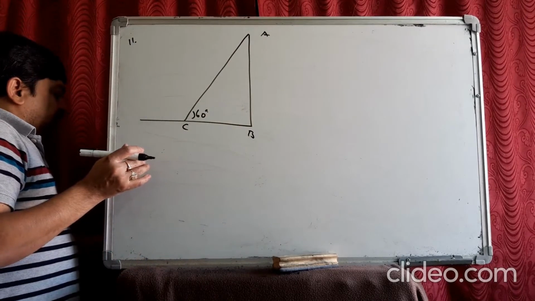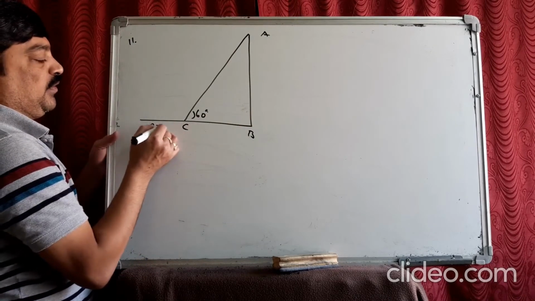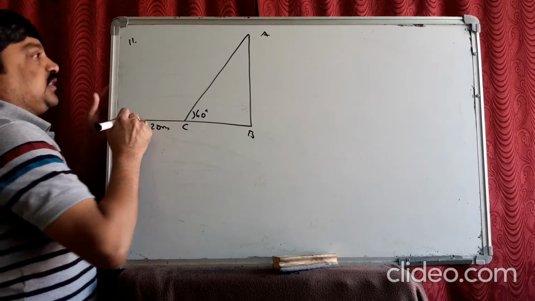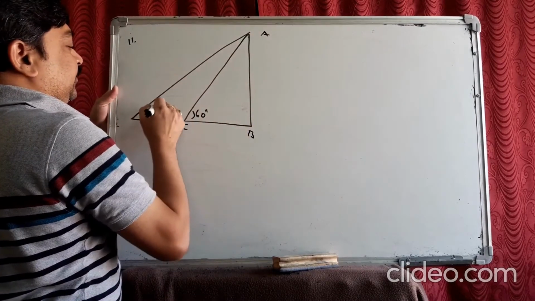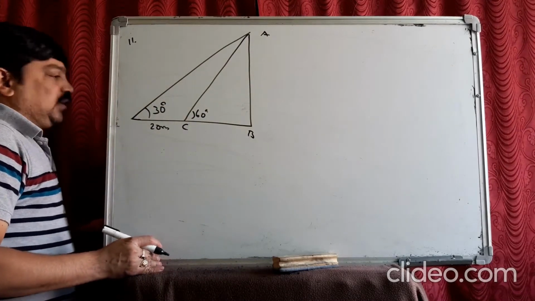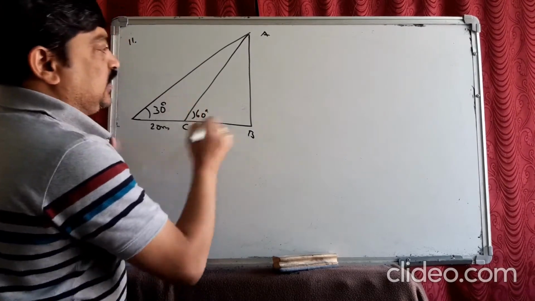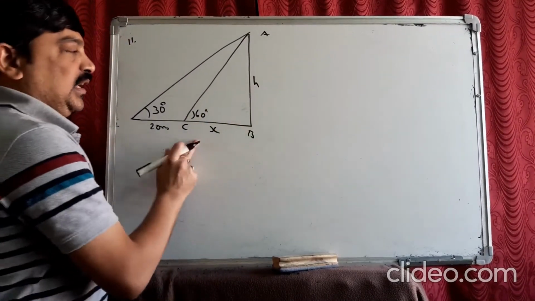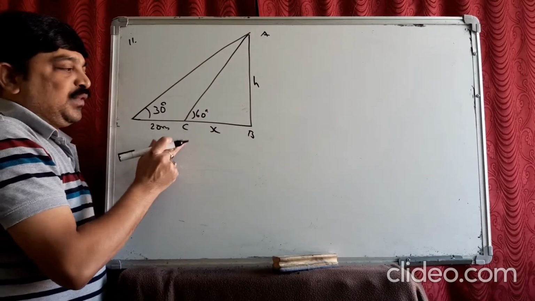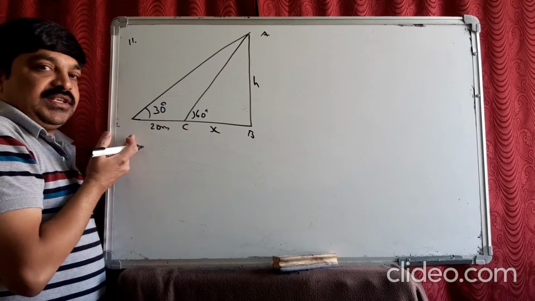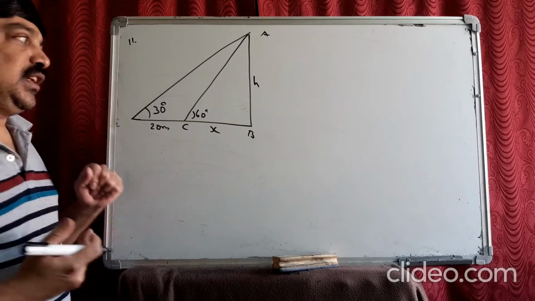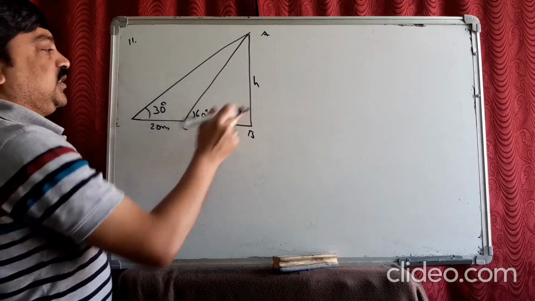From another point 20 meters away from this point, the angle of elevation of the top of the tower is 30. Here this is 30 degrees. Find the height of the tower and width of the canal. So this is a canal actually. This is x and this is h. There is a tower here. From this bank, he is observing the top of the tower. It is 60. After walking 20 meters behind, away from C, the angle of elevation is 30 degrees. Now you are asked to find out h and x.